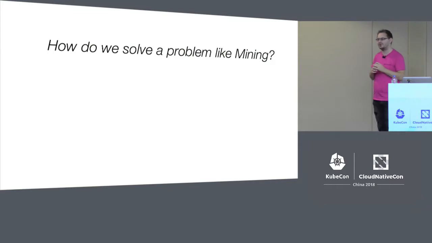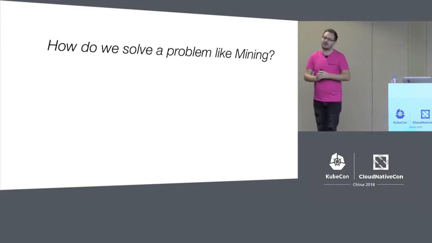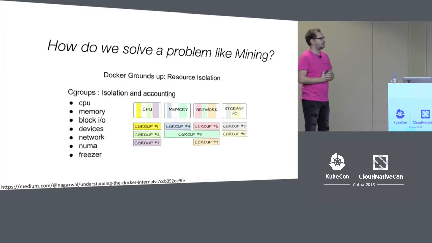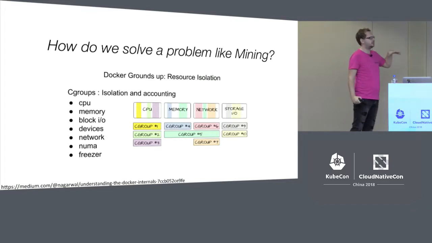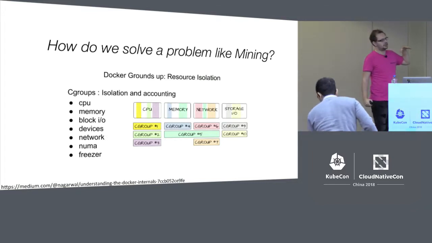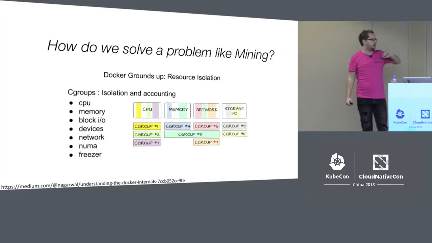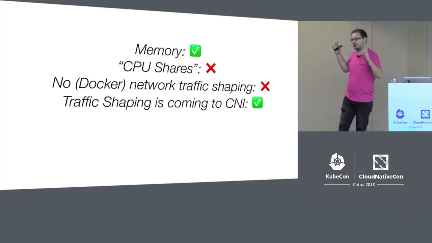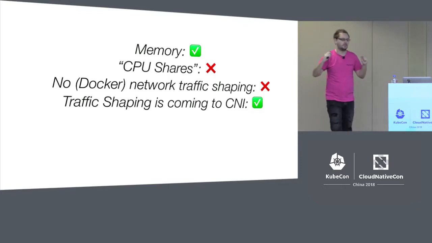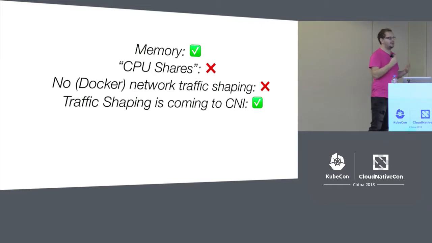So how do we solve all of these problems with networking and people trying to misuse Katacoda in undesigned ways? As I mentioned at the beginning, we have cgroups. We have ways to limit isolation and limit how much a user can do within the platform. But this doesn't quite take everything into account. So we can restrict memory. Great. We can say that you can only access a gigabyte of memory. But we can't restrict CPU, which is particularly a problem when we're looking at very CPU-bound attack vectors like cryptocurrency